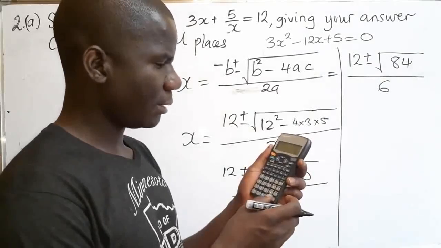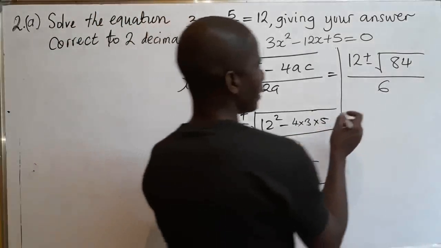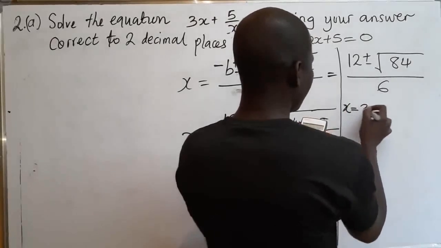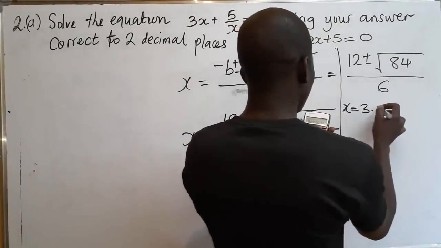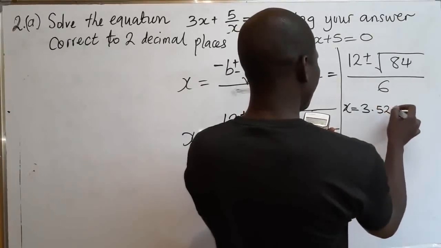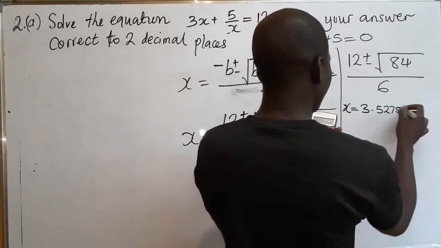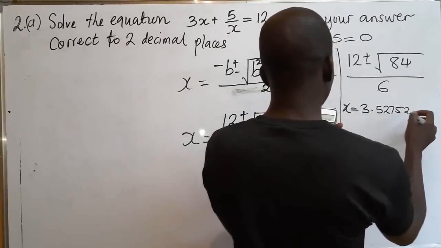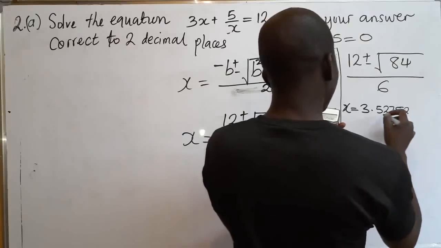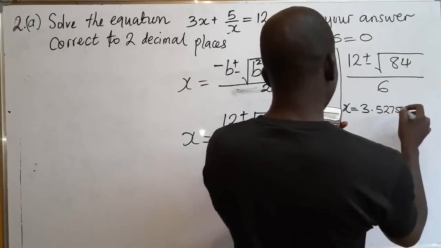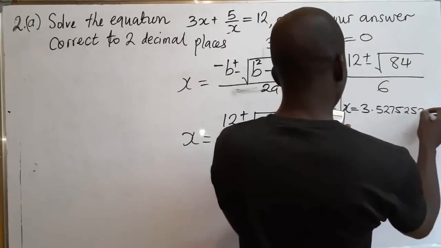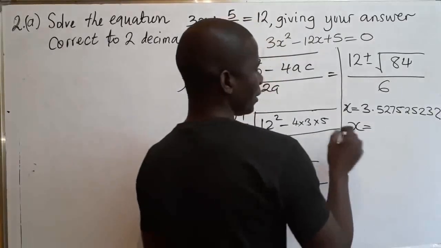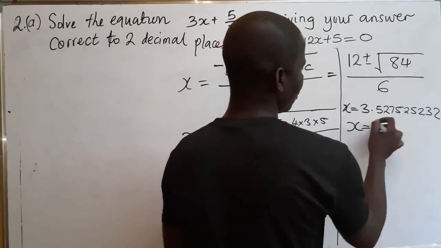So you're going to get one of the values of x, which is 3.52752 and so on. When we get this to 2 decimal places, it will be